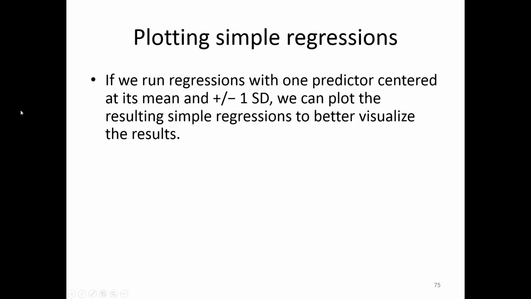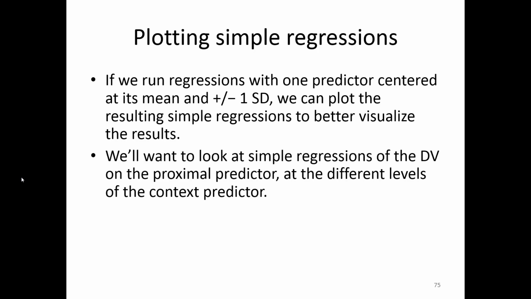Okay, so what you typically do when you report interactions is plot the simple regression slopes to show the effect of the interaction. So if we run regressions with one predictor centered at its mean, and then plus or minus 1 standard deviation, we can then plot the resulting simple regressions to better visualize the results. So we'll want to look at simple regressions of the dependent variable on the proximal predictor at different levels of